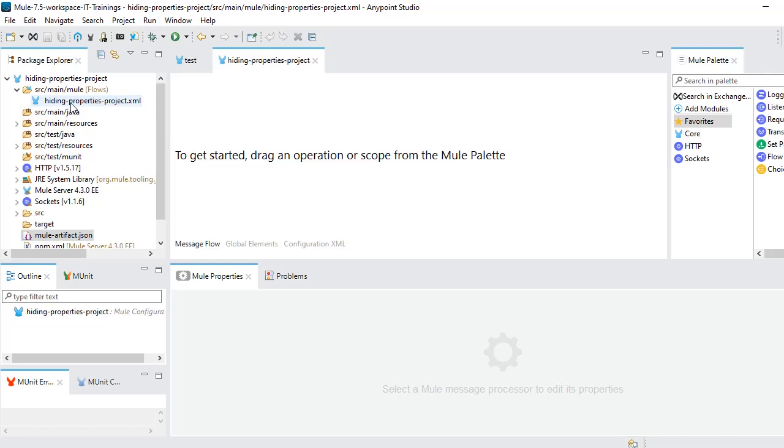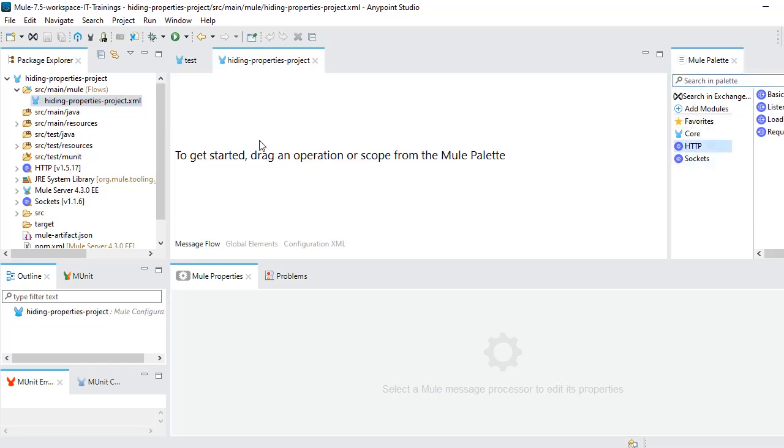Let's build a simple application. Here I am going to build one normal application to print a payload on the console with the HTTP connector, and now I am going to mask the HTTP base path and the port number from application properties. Let's see this simple example.